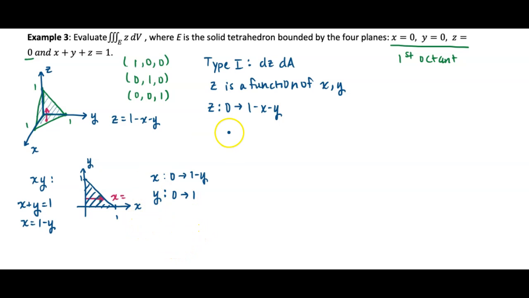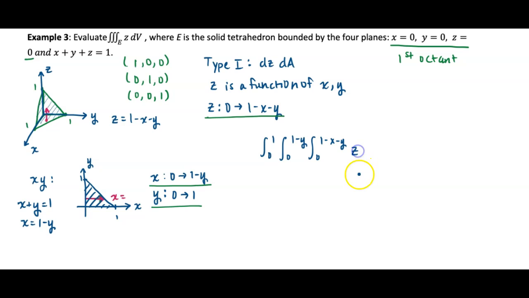Finally, we have everything we need. We have our z bounds, we have our x bounds, and we have our y bounds. We also know the order that we need to write these in. We know we need to write these starting with our constants. So from 0 to 1, we can then write x as a function of y, so from 0 to 1 minus y. And then we can write z as our function of x and y, so 0 to 1 minus x minus y. We want to take this integral of z, and our order then would need to be dz,